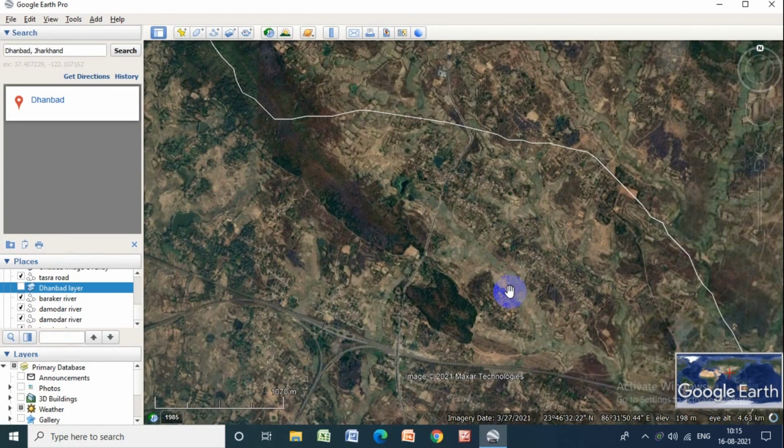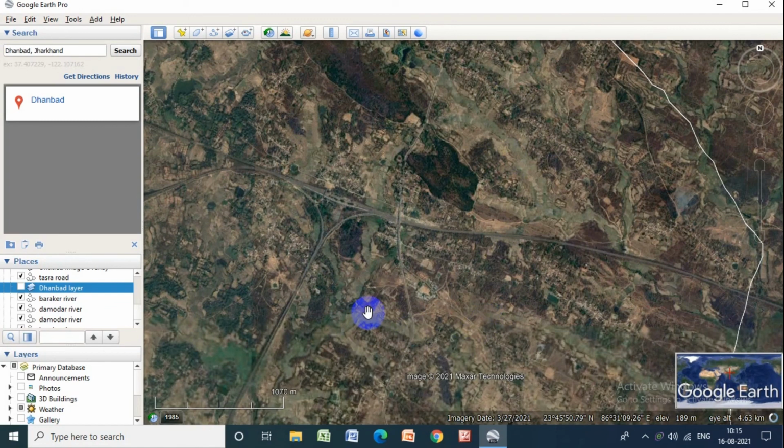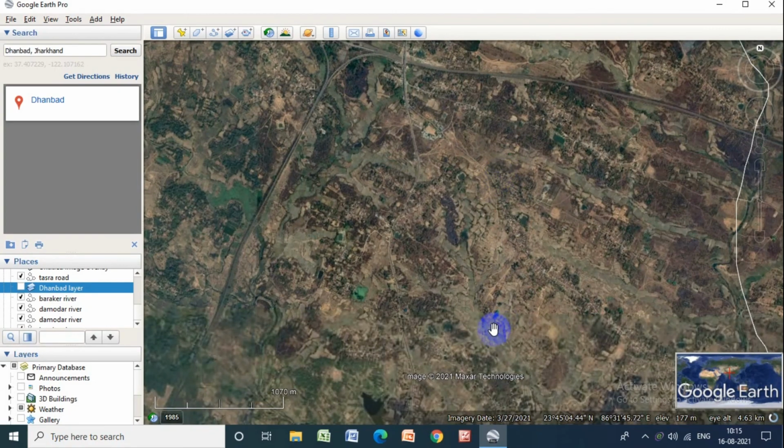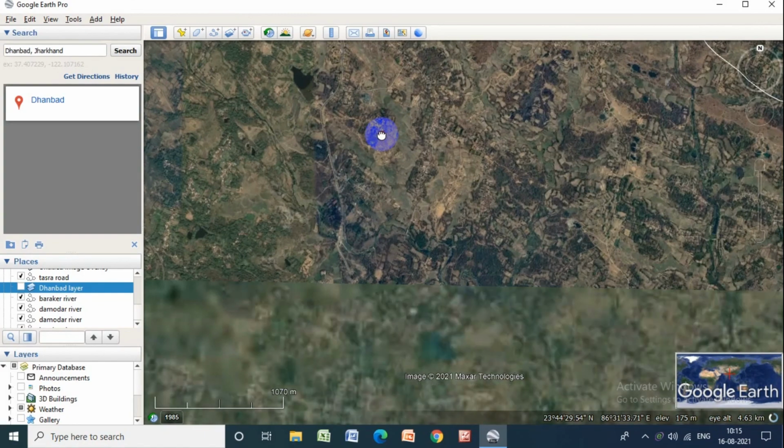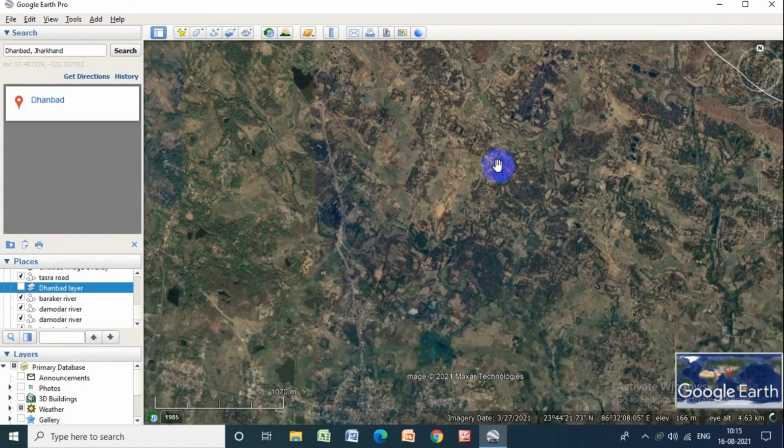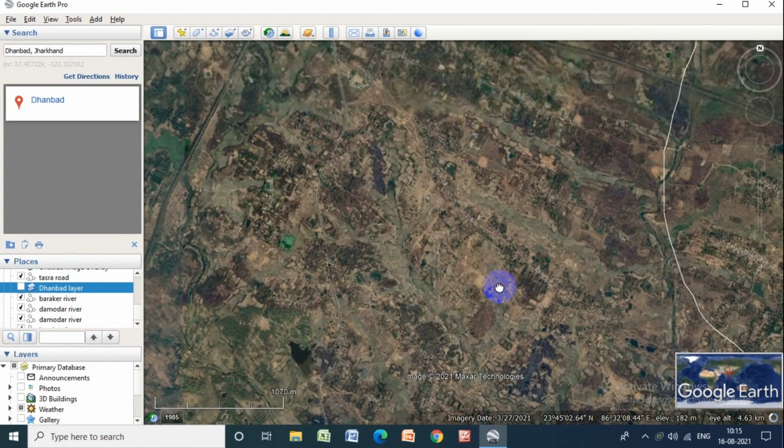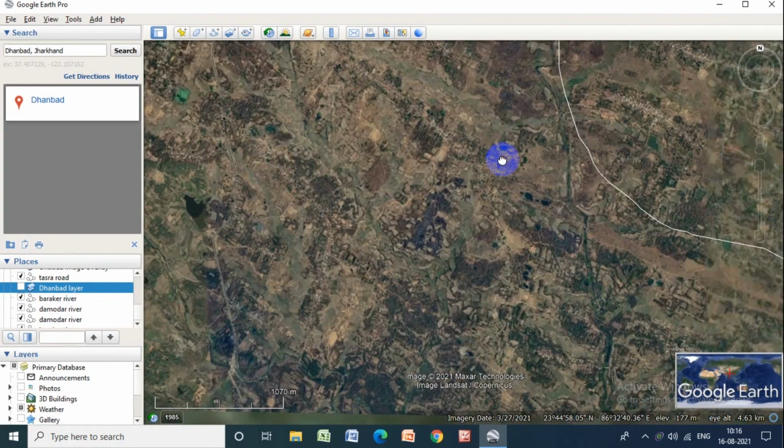This boundary may not be exact because we have used a superimposed map from the Central Groundwater source that may have some errors, and these errors we noticed during the superimposition of the district boundary over Google Earth.